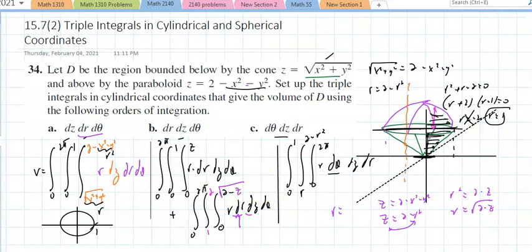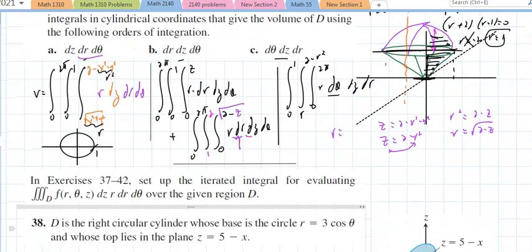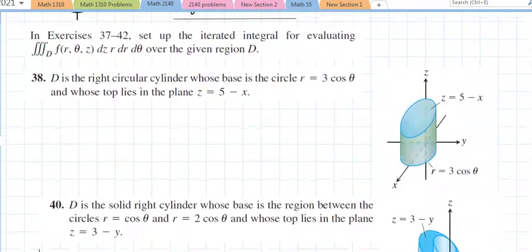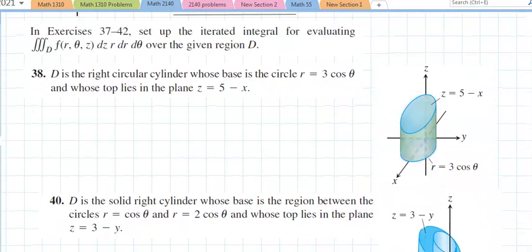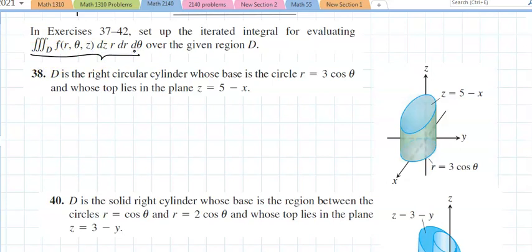So on this homework, I just needed to set up the integrals. You really don't have to work out anything. Here they give us graphs, and we want to play with those a bit. And here it's your choice, even though it says dz, r, dr, d theta. You could use whatever you like. I don't mind. So when you look at this, you're going to say, well, set up an integral evaluating the triple integral